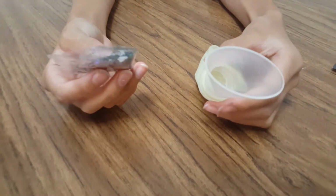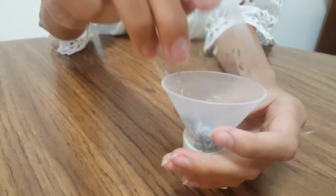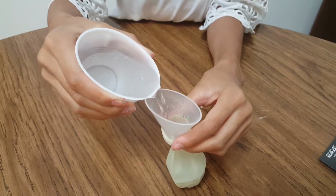Then it says to add 1 packet of glitter. They give you 3 packets. We chose this pretty silver one first, so I'm going to pour that into my funnel. It's holographic glitter, and that's really pretty. I think that's awesome. Now you're supposed to fill your balloon up with water, so I'm going to very carefully